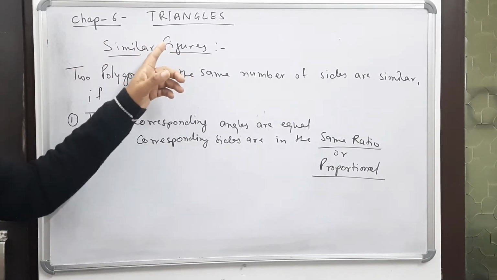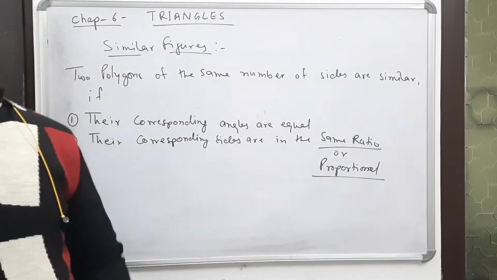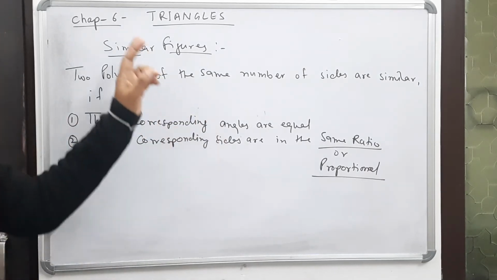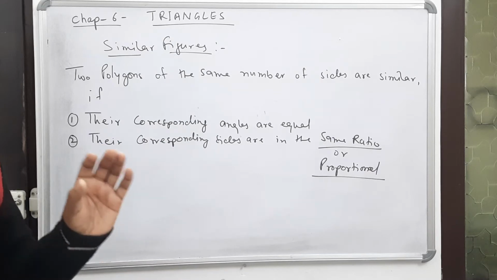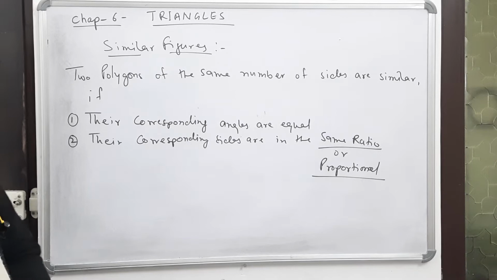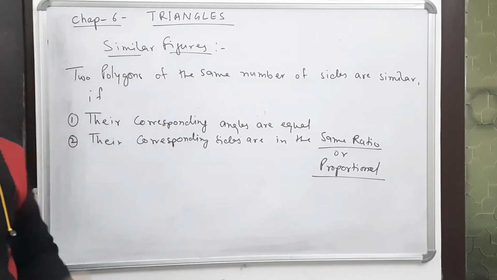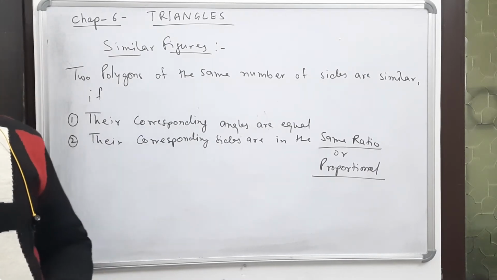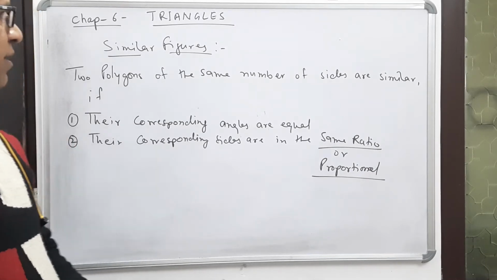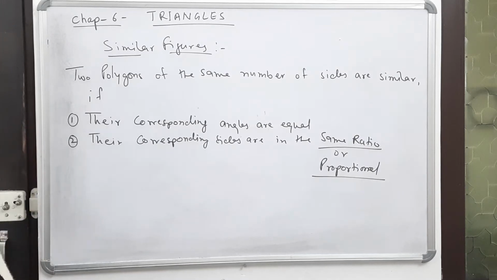similar figure, similar triangle. In similar figures, two figures are similar or alike. We will talk about this topic. Then in this chapter, we will talk about the Pythagoras theorem also. That is also a part of this particular chapter. So in this chapter, we will be studying two important topics: one is similar triangles and the other is the Pythagoras theorem, that is, the problems based on the right angle triangle. And there are a few important theorems also in this chapter.